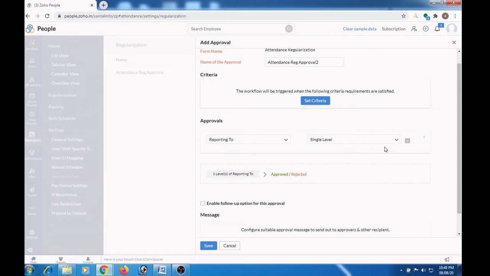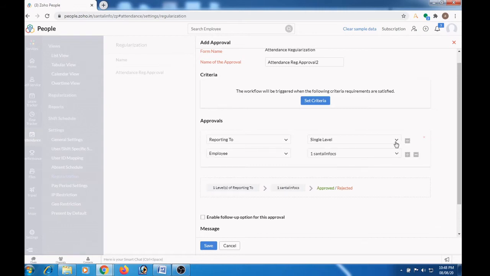In case if you want to add multiple approver, click the plus button here and you can select the second approver here. Here it's showing this is the first level approver and this is the second level approver. We can add more approvals by using the plus button here. The last approver will be the final approver.